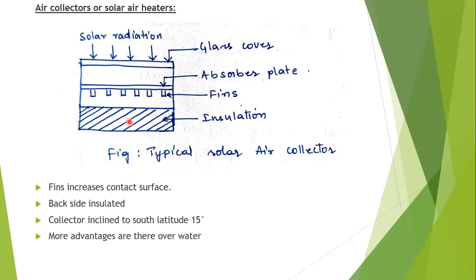Air is less used when compared to water, but it has some advantages over water. To decrease the power required to pump the necessary volume of air through tubes, wider flow channels are used. In water, we can use narrow channels to pass the water, but for passing air, wider flow channels are needed.